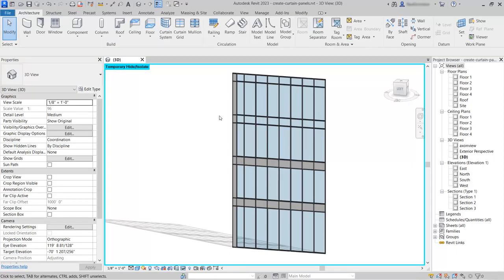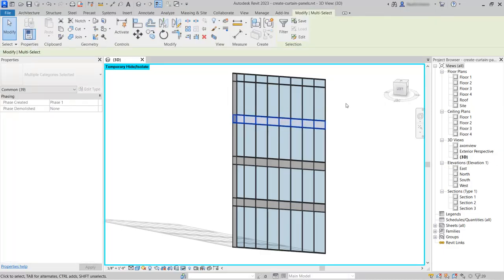Now for the row above, we'll do this slightly differently. So I'll put my cursor just to the left of the row of panels here, and then holding the mouse button down, I'll drag across to select all that's in that area. Looking up at the type selector, we can see we have multiple categories selected, and below that we can see we have 39 objects. So we'll go to the Modify ribbon tab, and we'll choose the Filter button here from